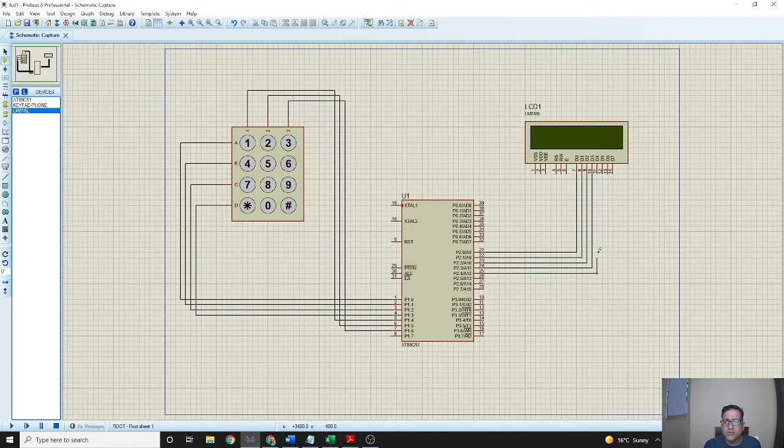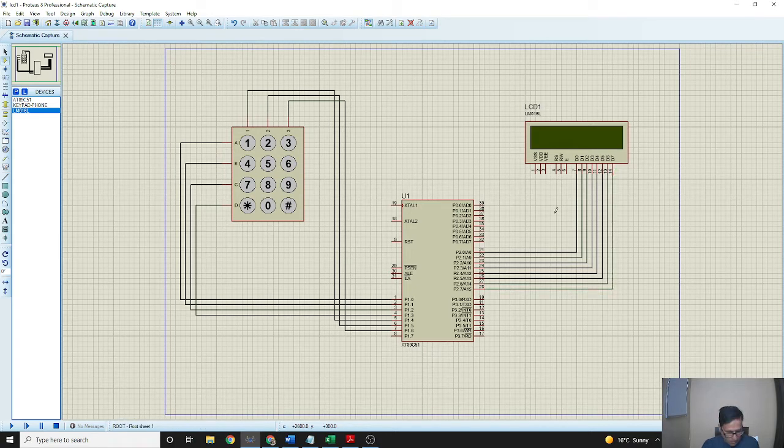Likewise we will complete it by connecting all these port pins to the LCD pins. Okay, 27th pin, we will take it to the 13th pin of the LCD, 28th pin to the 14th pin.